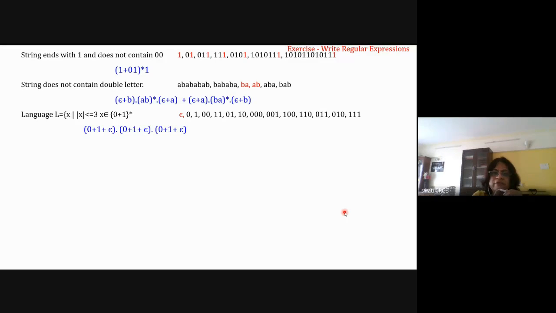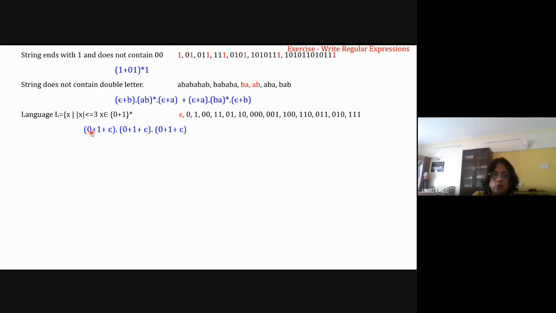And dot means even if you write the dot or even if you don't write the dot, that is fine. So either 0 or 1 or epsilon, dot, either 0 or 1 or epsilon, dot, either 0 or 1 or epsilon. So this will cover less than 3 also. So this is compulsory, this is compulsory, this is compulsory, but in that compulsory, one option is epsilon. So it gives you the freedom to have a string of less than 3 also. When all three epsilons are there, it will be epsilon.